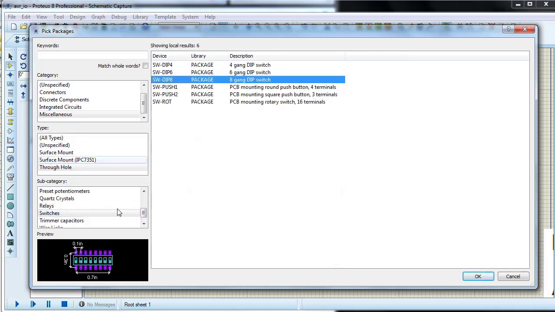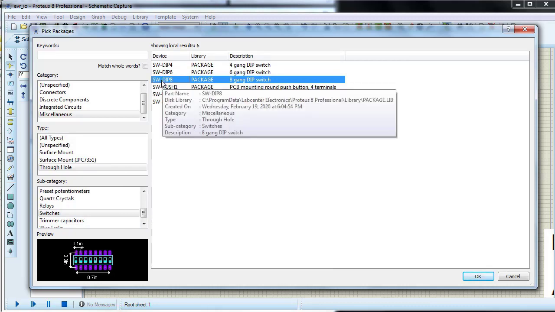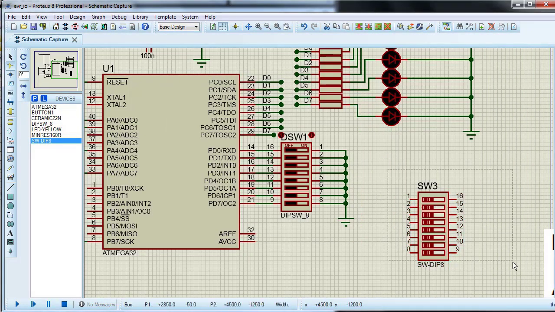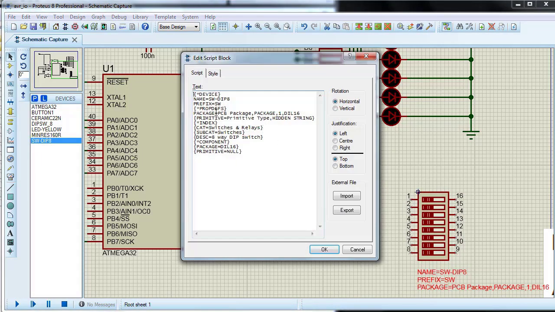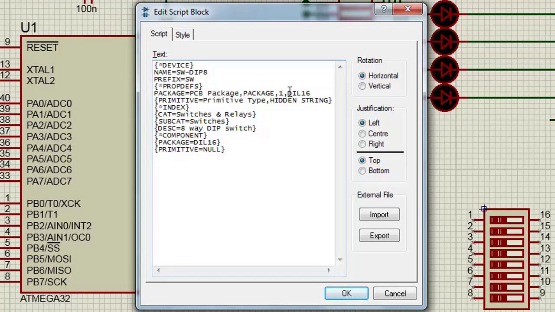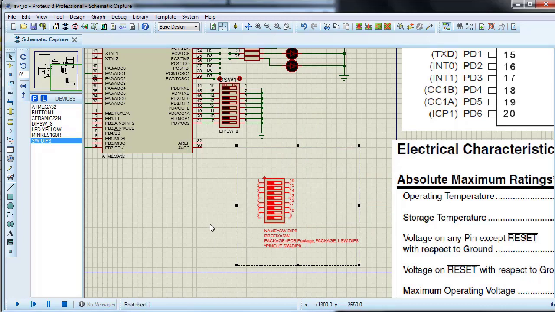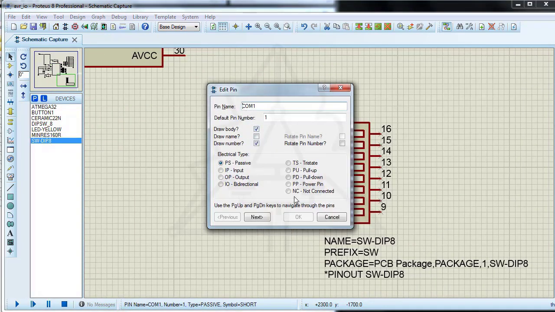The SWDIP8 package is well. Pay attention to their names and numbers to match the pins.